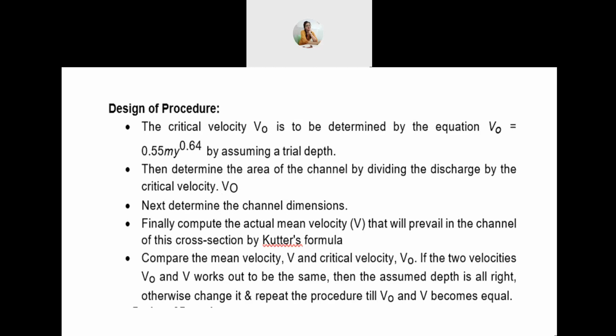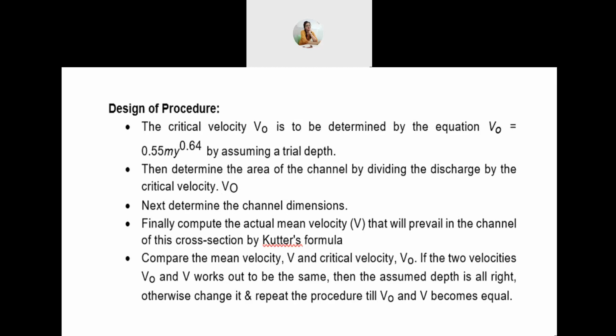This is the design procedure for Kennedy's theory. The critical velocity V0 is to be determined by the equation V0 is equal to 0.55 m Y to the power 0.64, by assuming a trial depth. Then determine the area of the channel by dividing the discharge by the critical velocity V0. Next, we have to determine the channel dimensions and finally compute the actual mean velocity, which is capital V, that